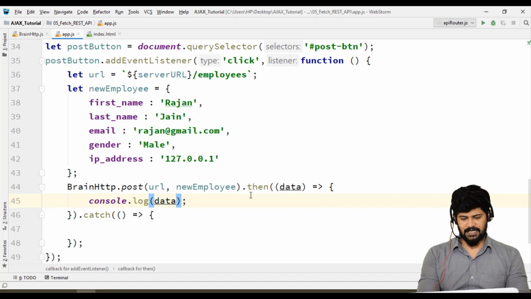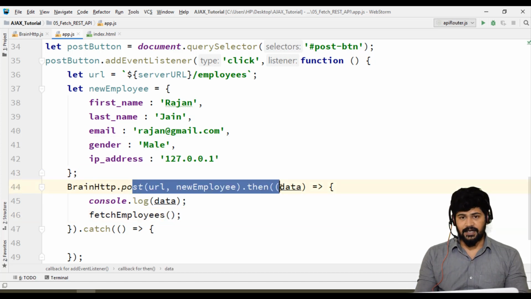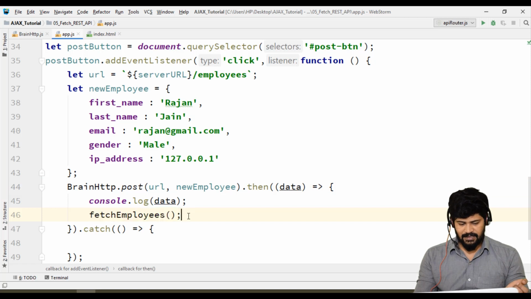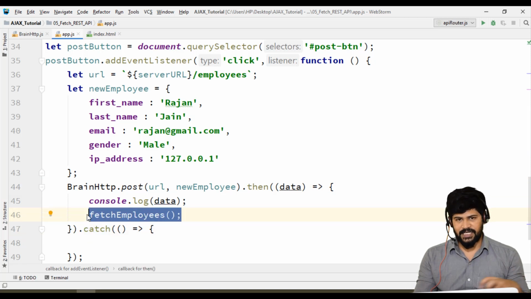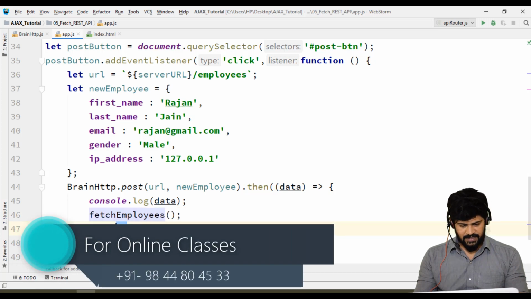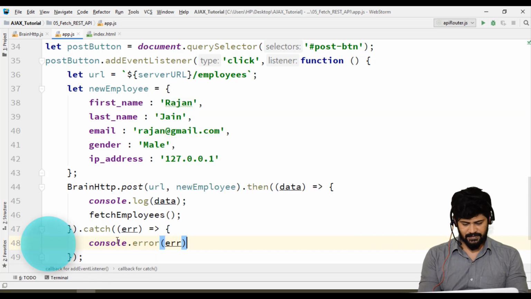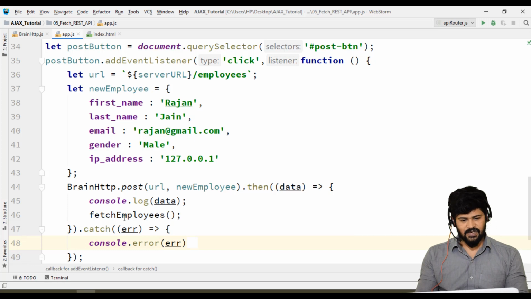And then after you create a new employee, I call another function called fetch employees, because this is going to create a new object, but on the UI I want to display data with the newly created employee also. So I call fetch employees again, so it will fetch data back so that the new data will also display on the page. Fine. If any error, that's quite simple. Let's make a console.error of error.